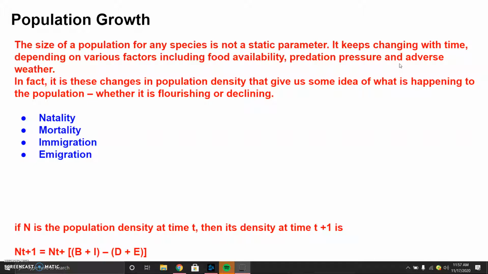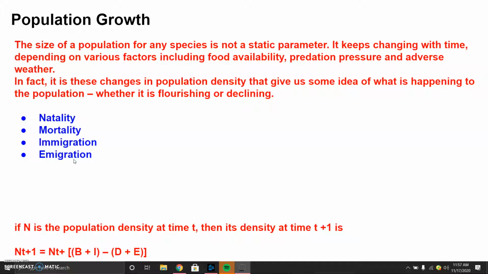It is these changes in the population density that give us some idea of what is happening to the population, whether it is flourishing or declining. Now, whatever might be the ultimate reasons, the density of a population in a given habitat during a given period fluctuates due to changes in four basic processes, two of which are natality and immigration, which contribute to an increase in population. Natality and immigration lead to an increase in population density, and two, mortality and emigration, result in a decrease in